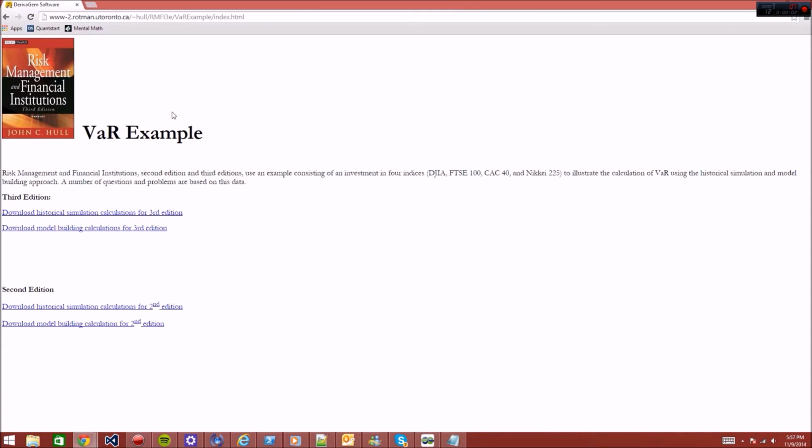Alright! Right now what we're going to do is something really exciting called building a VaR example. John C. Hall's book is known as the Bible for Risk Management. So what we're going to do is use a free model that he has online that goes with his book and illustrate how to calculate VaR using VBA,